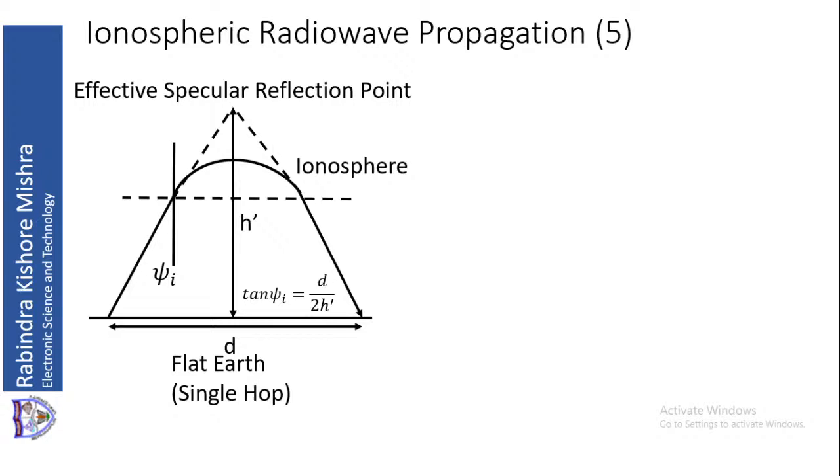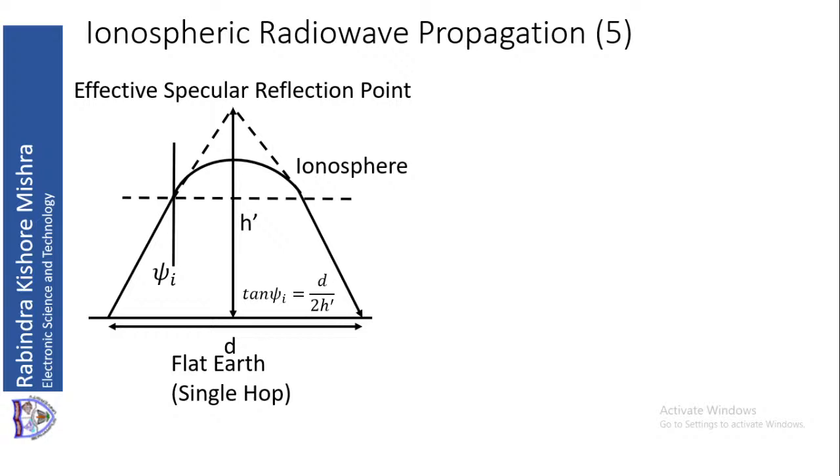So from that we can find out what is tan psi I. Psi I is the incident angle. So since it is the incident angle, at the point of reflection the angle also will be psi I with the normal, or with the h dash. So that will be psi I. Therefore tan psi I will be